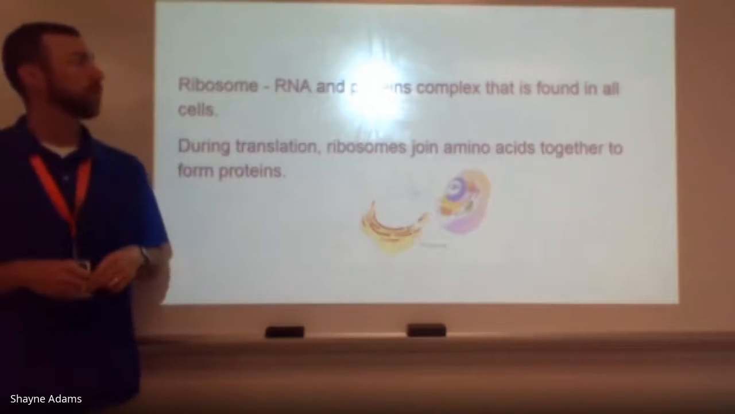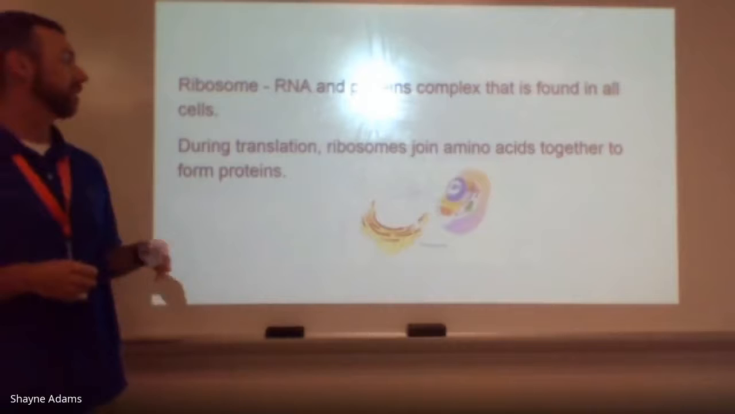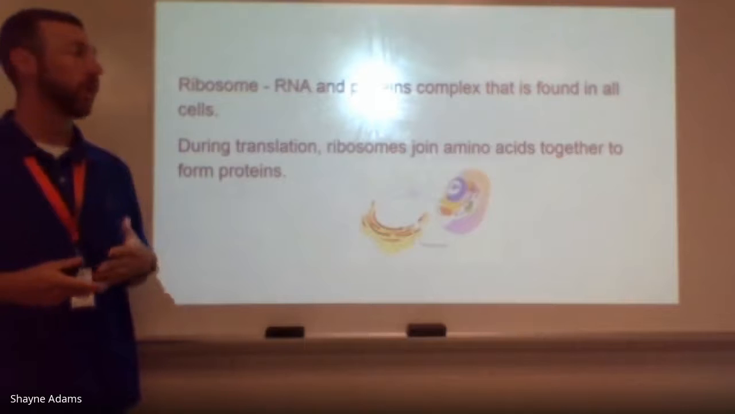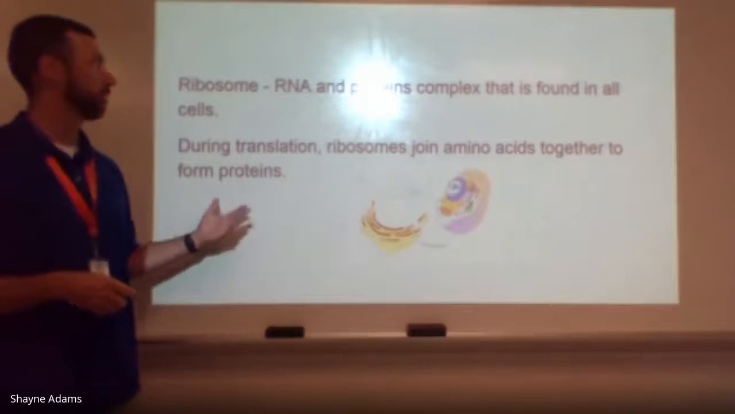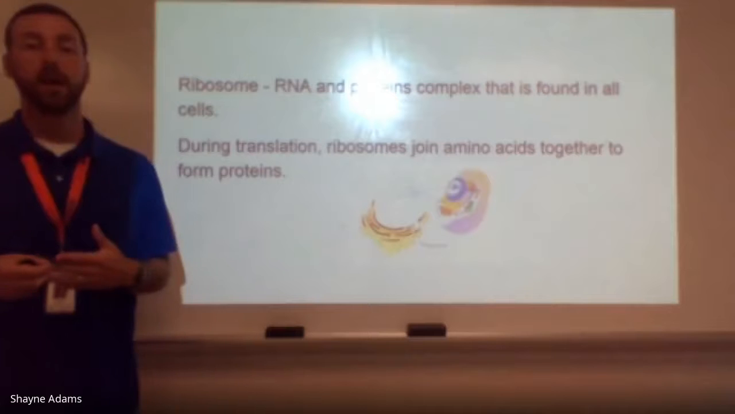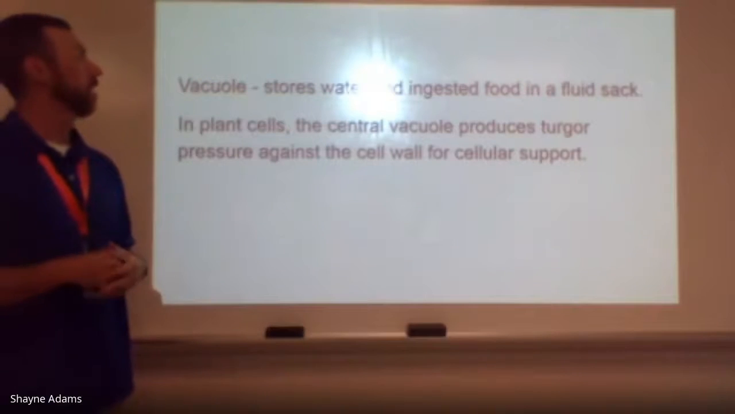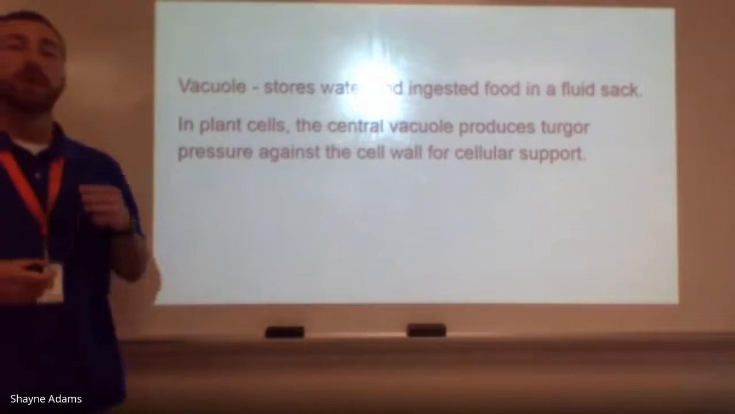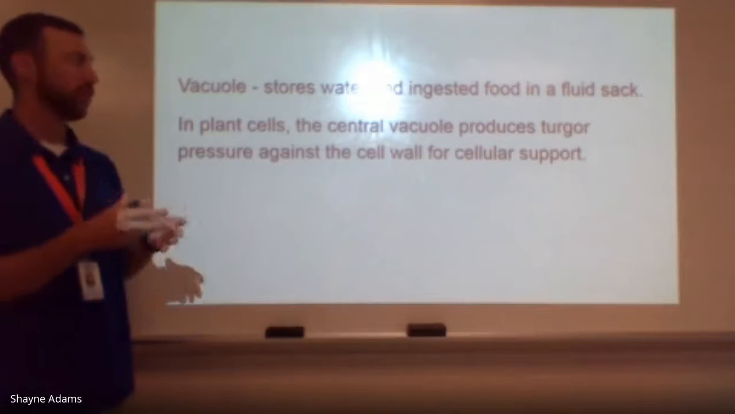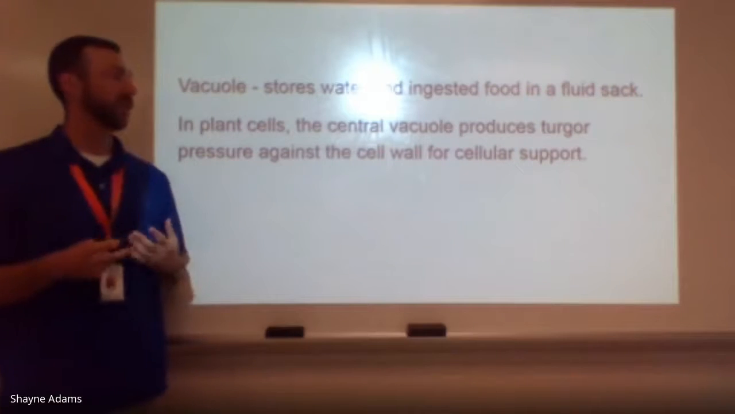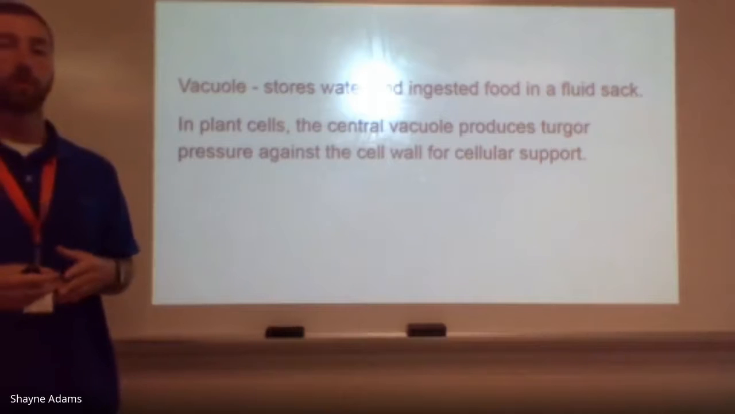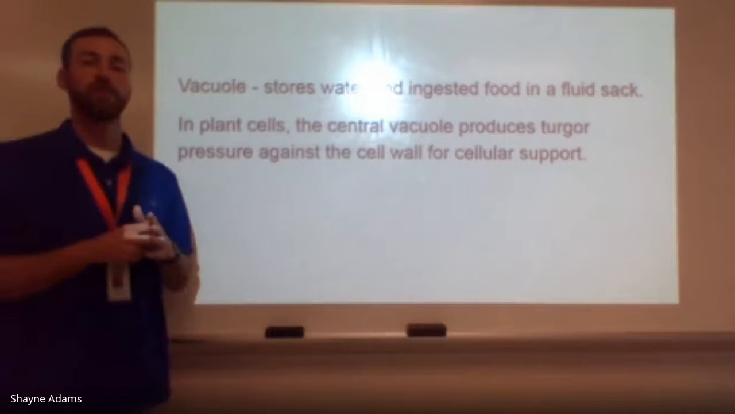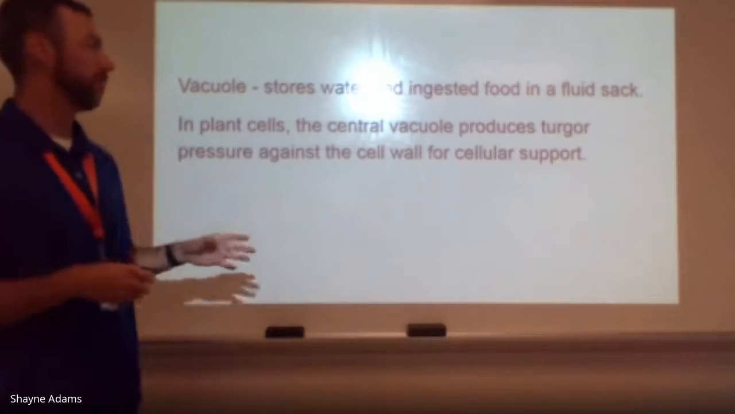Ribosomes, an RNA and protein complex, are found in all cells. Now, during translation, ribosomes join amino acids together to form proteins. So ribosomes are extremely important in translation. The vacuole stores water and ingested food in a fluid sac, and in plant cells there's a large central vacuole that produces what's known as turgor pressure against the cell wall for support. All right, it kind of presses, or not really presses, but produces enough pressure that it provides support for the